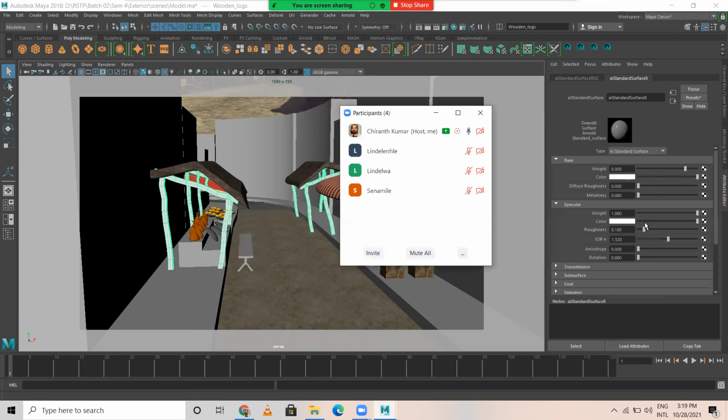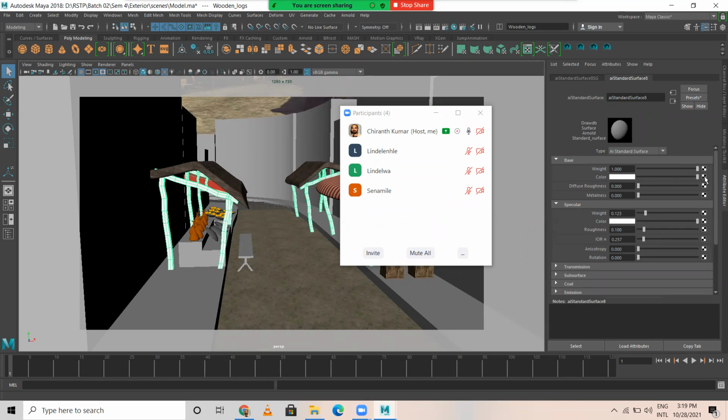In this, first thing, reduce the index of reflection, reduce the weight. Here I'm doing it only for the specular. Under the base part, just increase this weight.